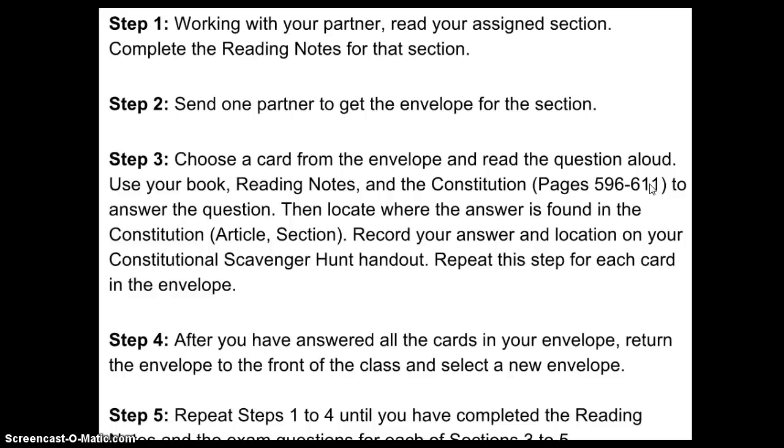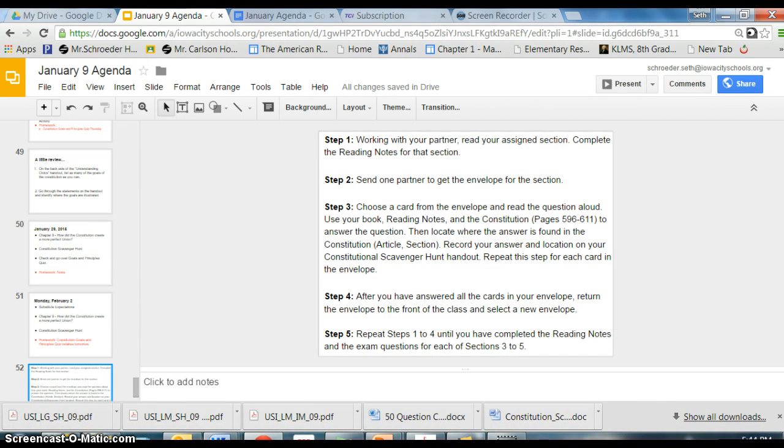They'll have a question. On that question, you will find the answer in your text, either through your previous knowledge in the section that it comes from or in the Constitution itself. You will write the answer to that question on the appropriate line on your handout, and then probably the most challenging part will be finding it in the Constitution. So I showed the classes that started this on Friday where you can look for those, but you're going to need the article